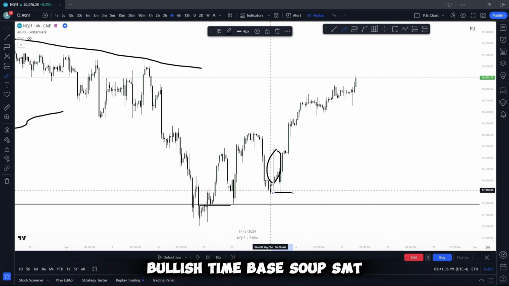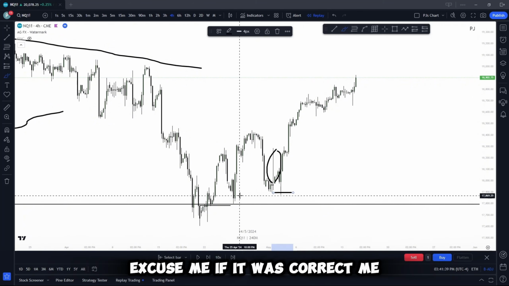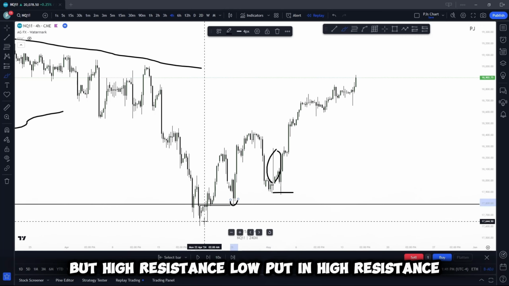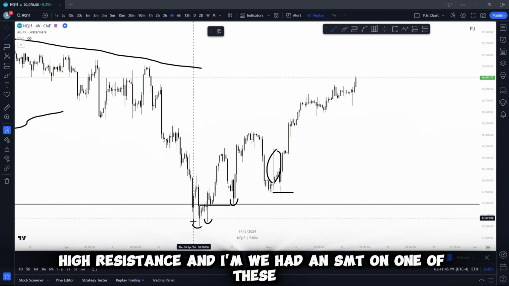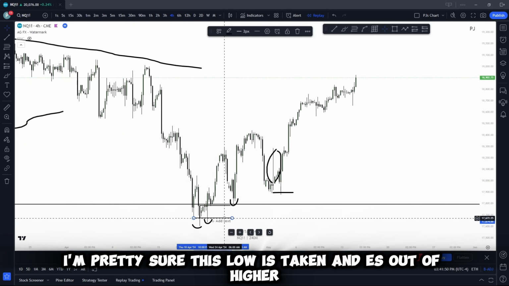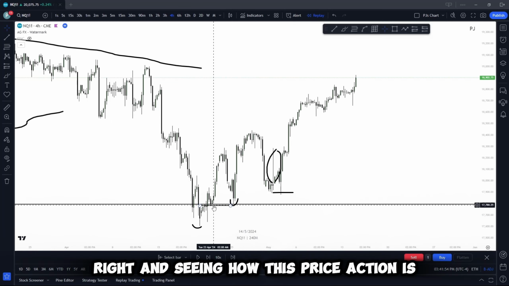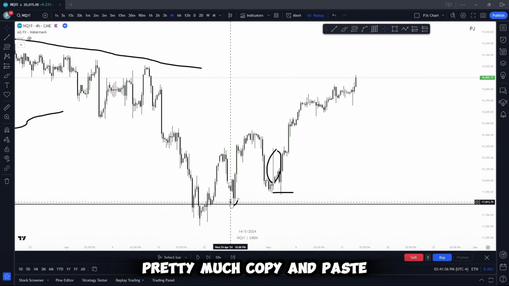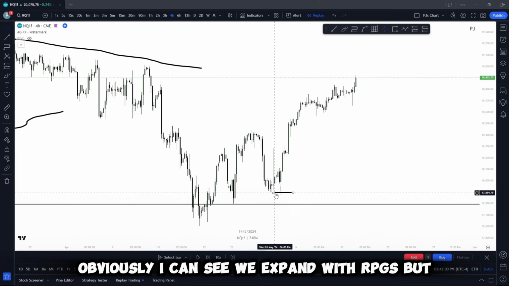Time-based soup, SMT, I don't think that was SMT, excuse me. If it was, correct me, but high resistance low put in, high resistance, and we had an SMT on one of these, right? I'm pretty sure this low was taken and ES had a higher high. Always noting those, right, and seeing how this price action is pretty much copy and paste. Obviously, I can see we expand with FVGs, but